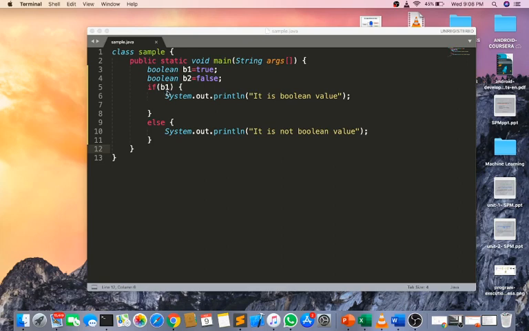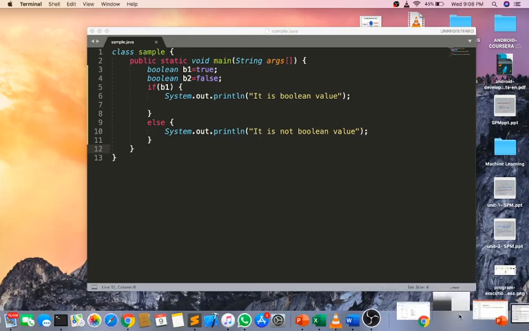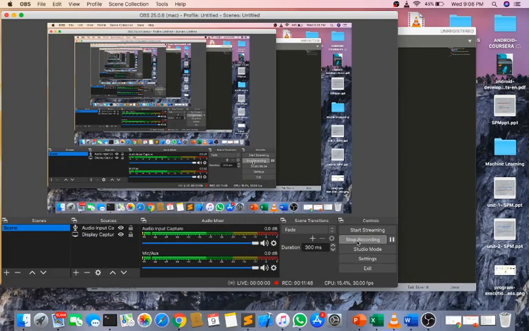If it is true, then the block of the if statement executes. If it is 0, that means false, then it moves to the else block and executes the else block. This is a basic example of boolean. Let's continue next.